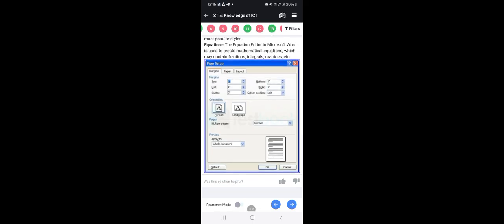Normally, portrait and landscape are the two most popular styles. Equation: the equation editor in Microsoft Word is used to create mathematical equations which may contain fractions, integrals, matrices, etc. So margin, paper layout, top, left, gutter, bottom, orientation.